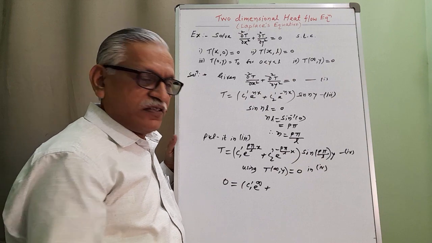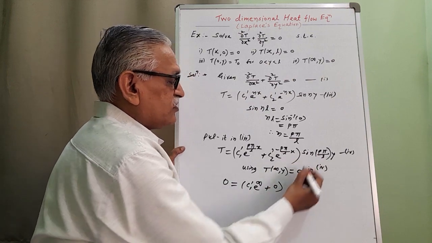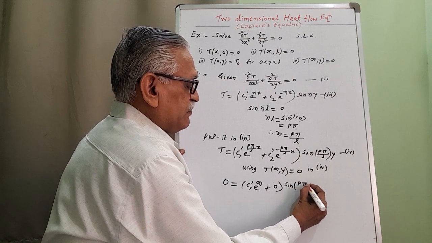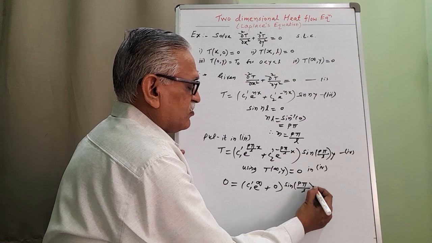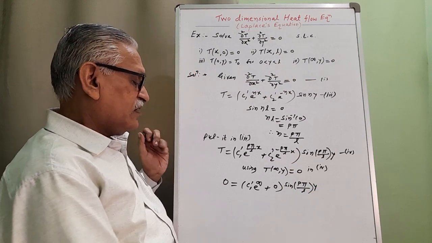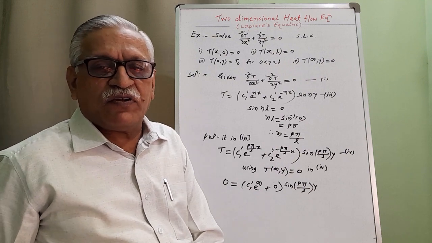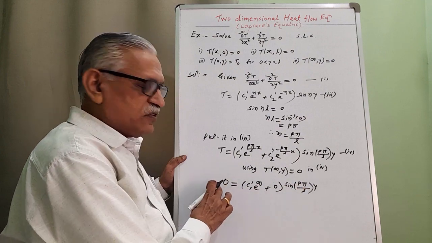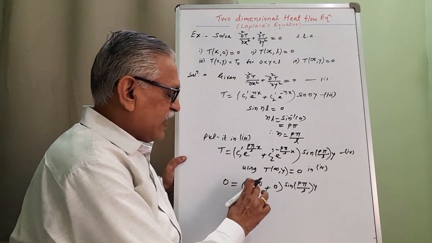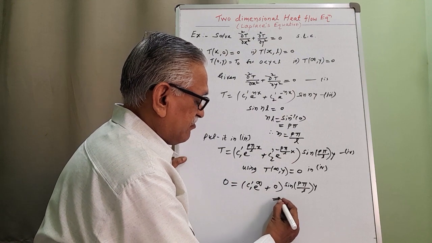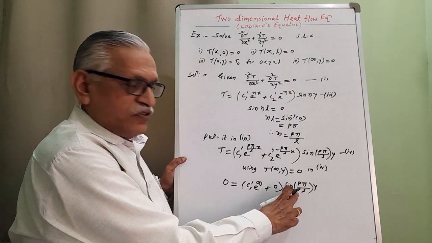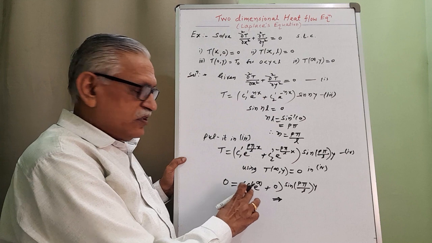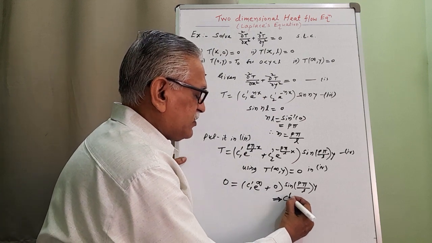The value of e raised to minus infinity is 0, therefore that term becomes 0, into sine of p pi by L times y. We know that the value of e raised to infinity is infinity, therefore this product of two terms is equal to 0. It implies that this is not equal to 0 when the condition is given for x. This is not equal to 0, therefore what it implies, c1' must be 0,